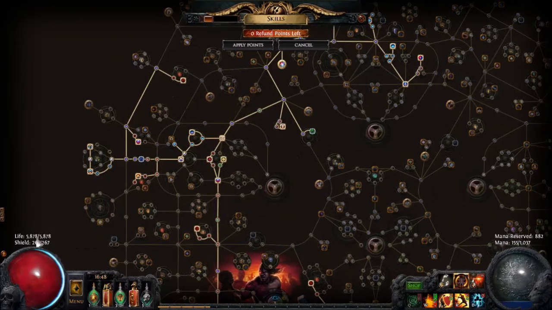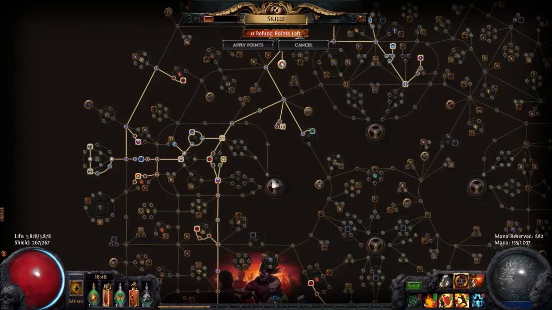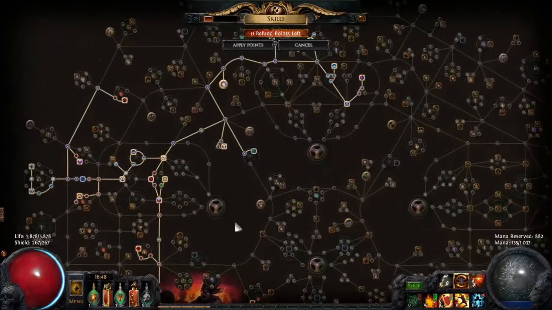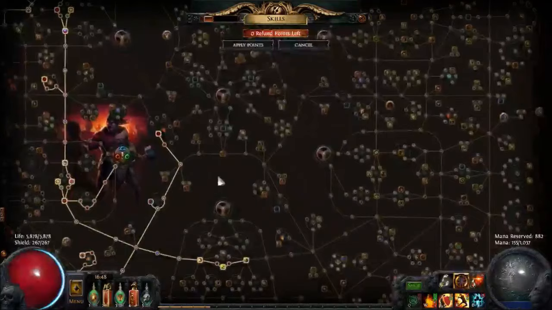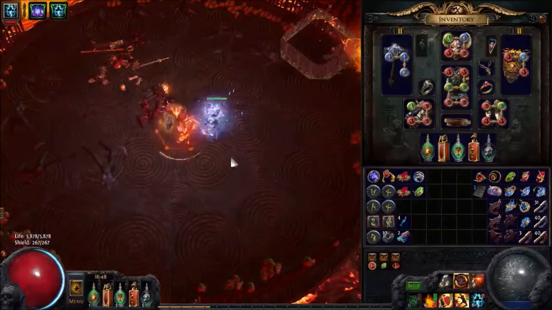As you can see, I almost have 6k, as well as this spell damage node here, and potentially I can path into the spell damage nodes and elemental damage nodes into Templar if I want more DPS. Again, we have 5 power charges, and now I'm finally going to explain how the charge generation on this build